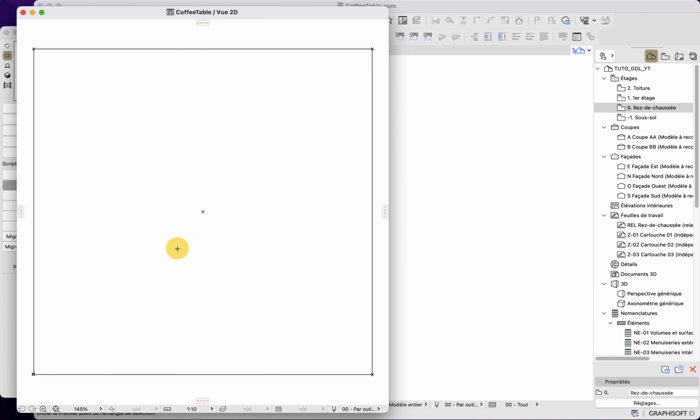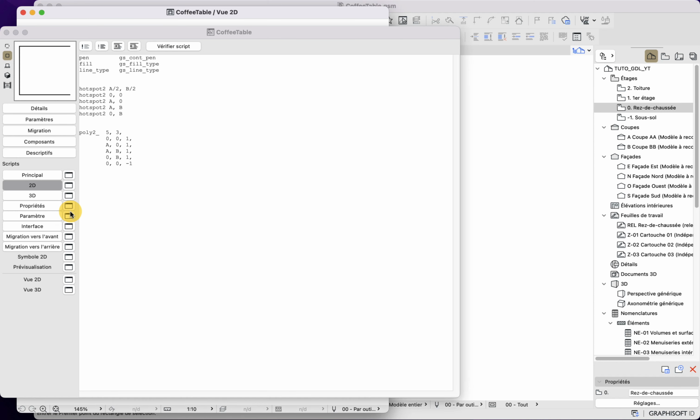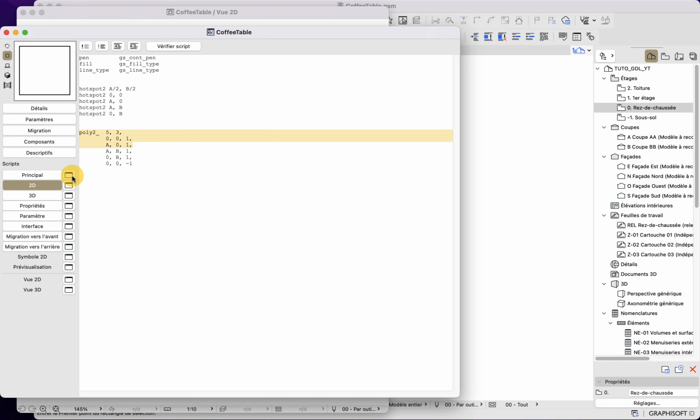So this is what we will do. Let's go back to our 2D script. What we will do here is copy and paste that poly2_ command, and we will simply change its arguments. The first one we need, in the first coordinate, is a center point, so 900.